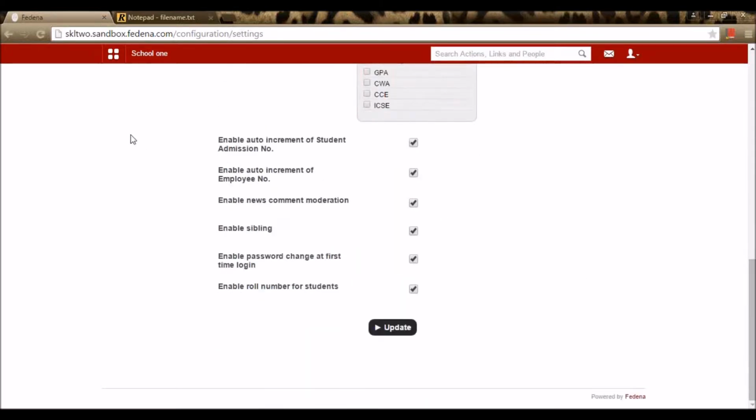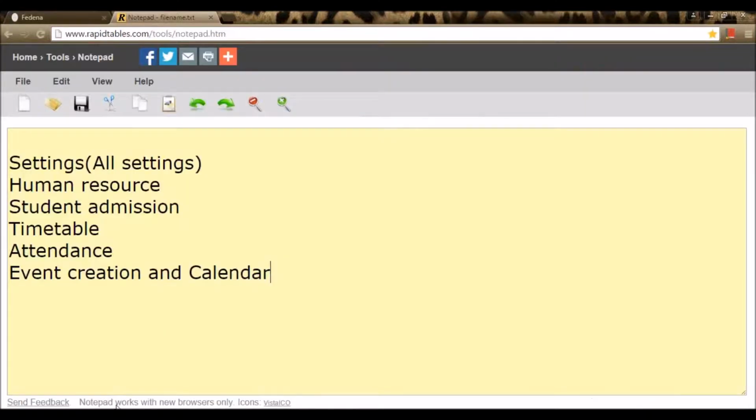There are certain other settings available, which begin with enabling auto increment of student admission number. We might enable the student admission number to begin with, as an example, STD001, STD002, and so on.